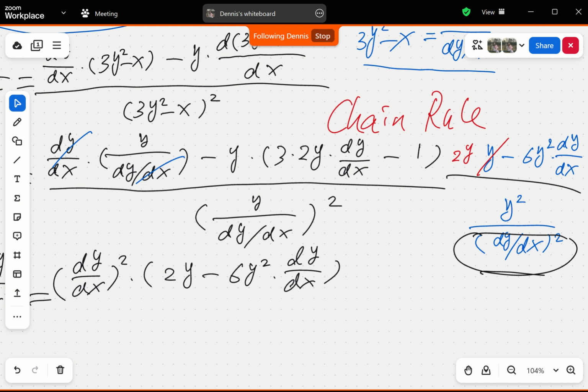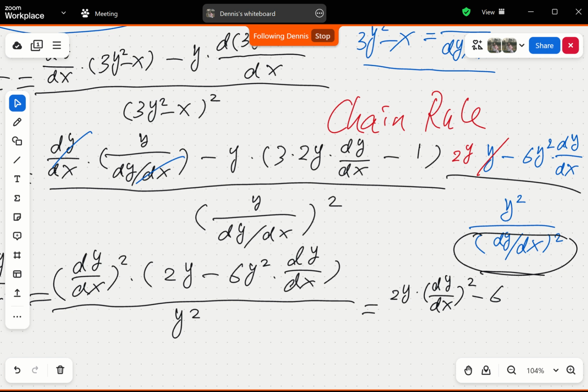And the denominator is multiplied by this one as well, so it would simply be y squared. And therefore it equals 2y times dy with respect to x squared minus 6y squared times dy with respect to x to the third